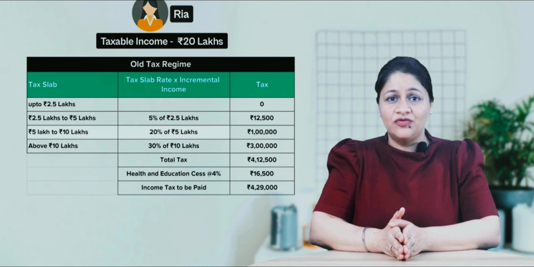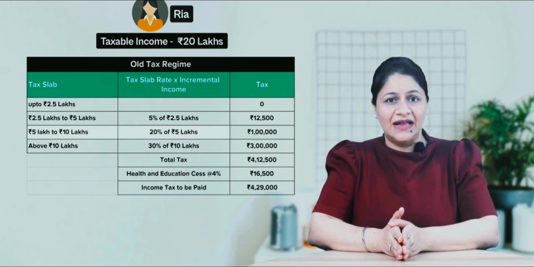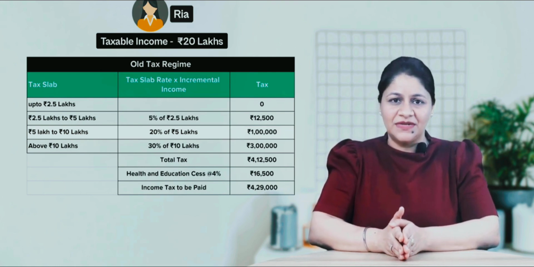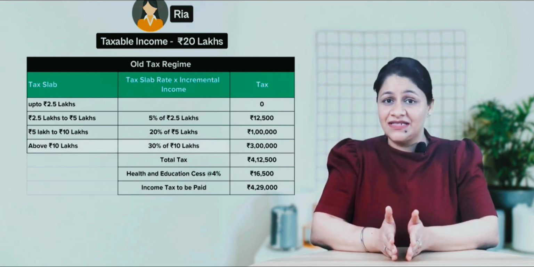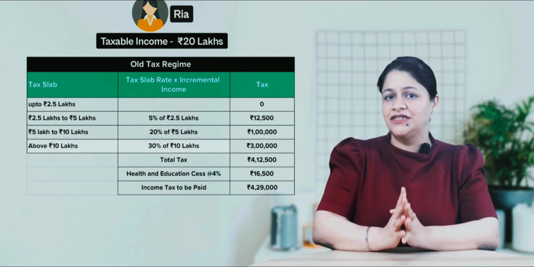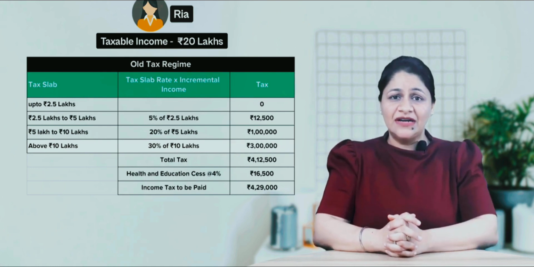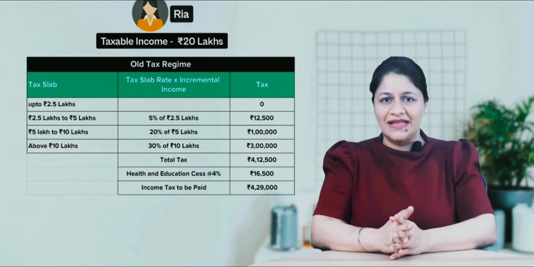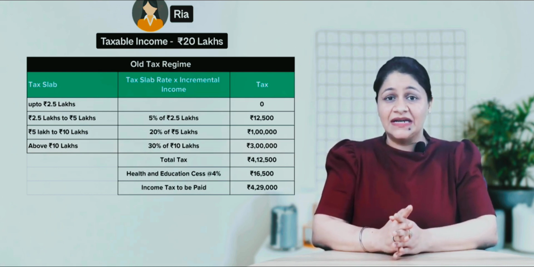The next 5 lakh of Ria's income, which is falling between the next income slab of 5 lakh and 10 lakh, will be taxed at 20%. It comes out to be 1 lakh rupees. Now, remaining 10 lakh rupees of Ria's income will fall under the highest tax bracket and will be taxed at 30%. So 30% of 10 lakh is 3 lakh rupees. Add the marginal tax under all slabs. As you can see on your screens, it comes out to